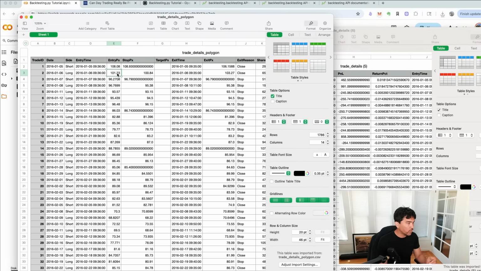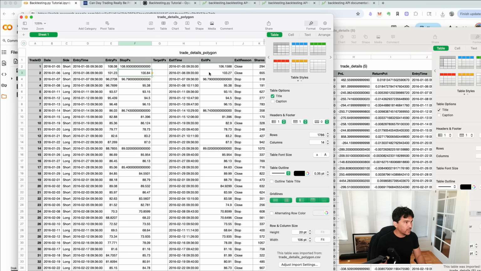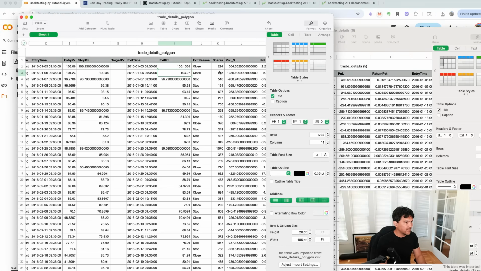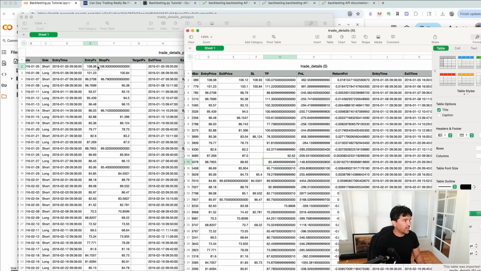Likewise, next day 101.23, and the stop price 184. 101.23, 184, and then I have the reasons, so you can look at the exit price and so forth, and then see all of the different trades that were being placed. So if you compare their version versus my version and the trade logs, you'll notice the entry and the exit